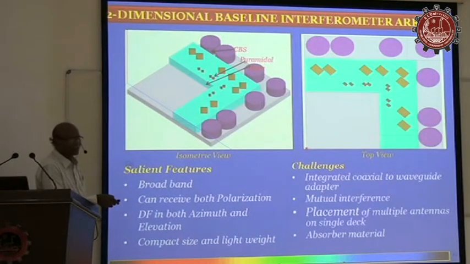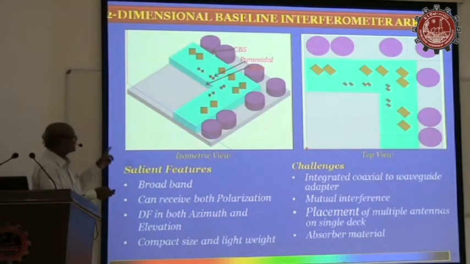So now, in addition to airborne, ground-based and submarine platforms, now we are entering spaceborne also, sir. This is the array we have already realized. Now we are going for fabrication, covering 0.5 to 18. It will go on a satellite. Here we are using the concept of 2D BLI to get the DF information in azimuth as well as elevation, so that directly we can fix the location of the target.